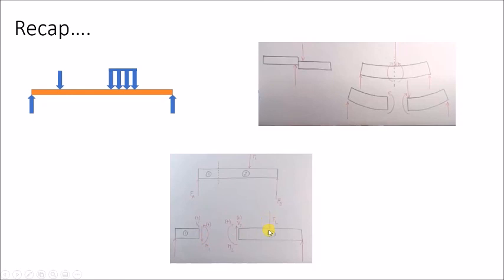So we have a downward force on the right hand side of the beam, and we have this imaginary cut-off point where we are taking a look at what the shear force and bending moment would look like inside the beam at that point. So we've got this upward force here on the left hand side, or part 1, and so we have a downward shear force resisting that upward shear force for part 1. For part 2 we have a downward force here, and so we have an upward internal shear force shown,